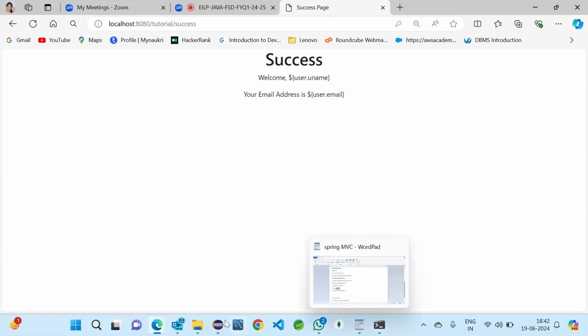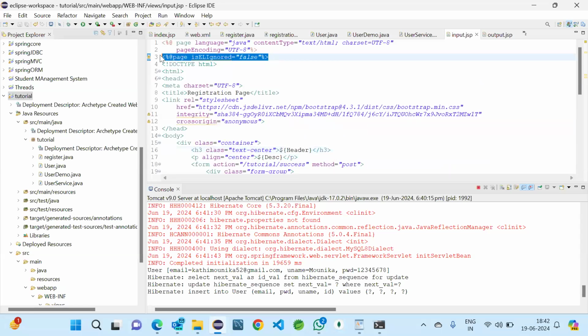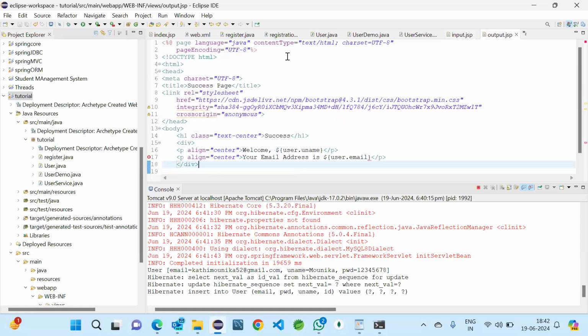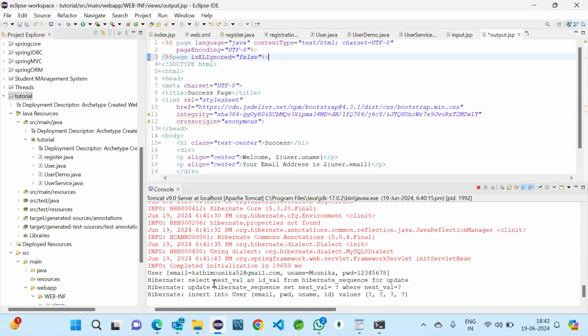Again the same thing for the JSP file. We should give the expression language enabled false. So control C, control V. Except that, you can also see the username and password.